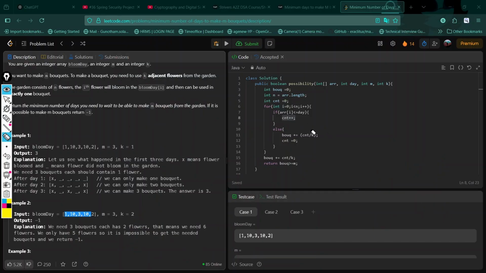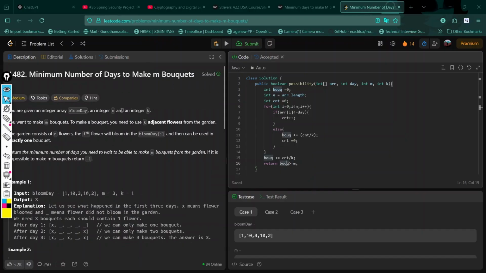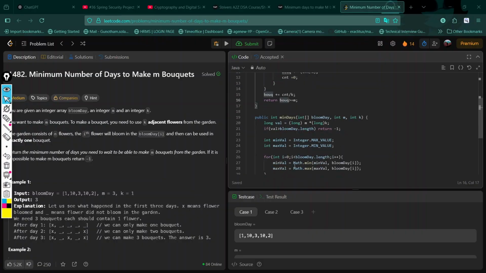Yeah, so now that we have done that, we will just return the condition where we check that the number of bouquets formed is greater than m, according to our requirement. If it is greater than or equal to m, then it will return true. So now what we are doing is we are taking the lowest value of the integer in the array, which in this array will be minimum 1 and maximum